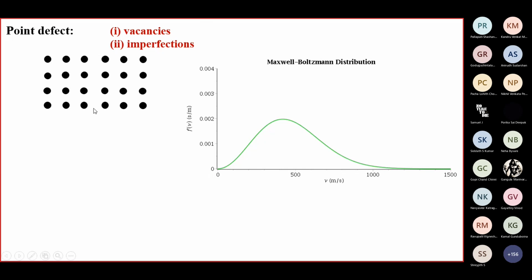As the temperature increases, let's say, material doesn't exist at absolute zero temperature. Always they are at elevated temperatures. As the temperature increases, they gain thermal energy. Because of the thermal energy, this atom, which is at a lattice point, is not stationary. It starts oscillating, but it is still bound. It cannot come out. Depending on how it is bound, it has different degrees of freedom, and it moves about the mean position or the lattice point.